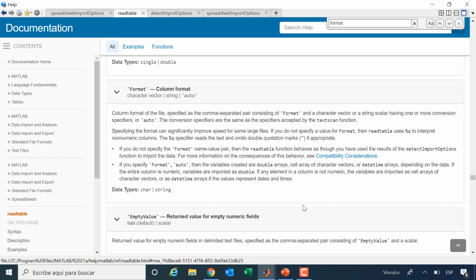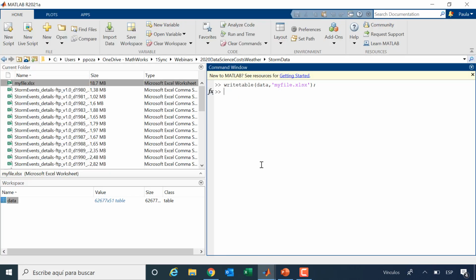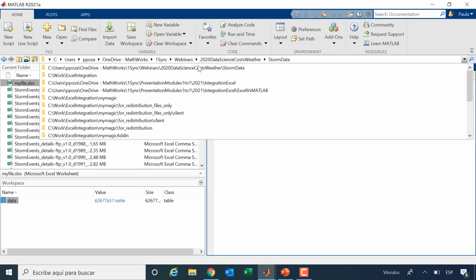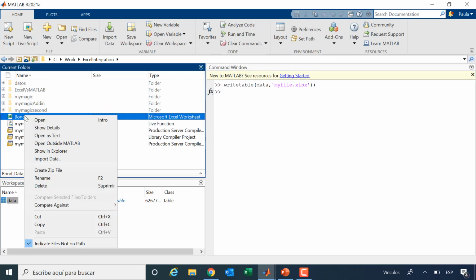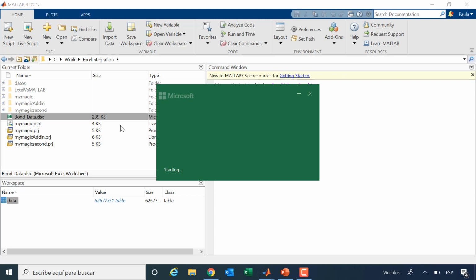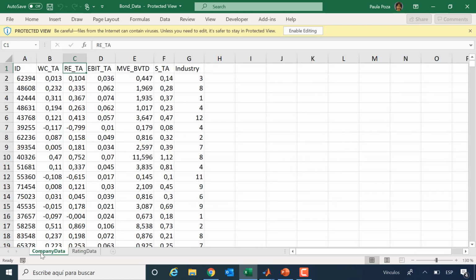Okay, another case that we may think of is what happens if we want to read a particular column. So let's go here and I have a spreadsheet called bond data. It has this tab and this tab.